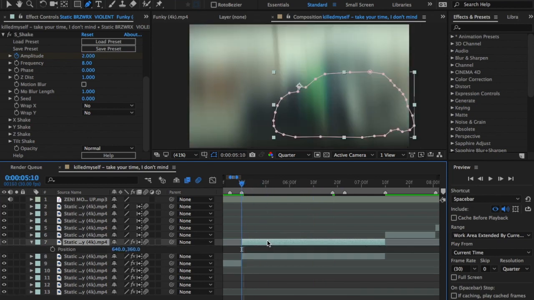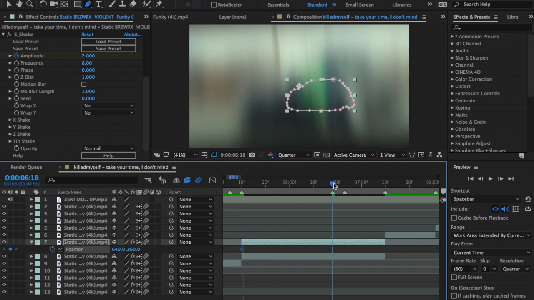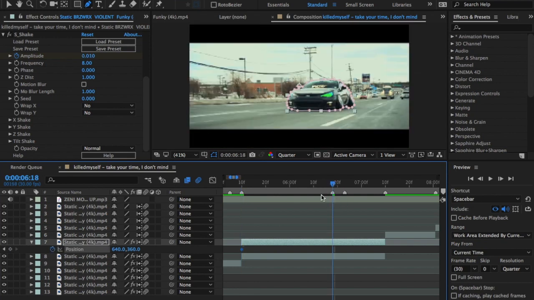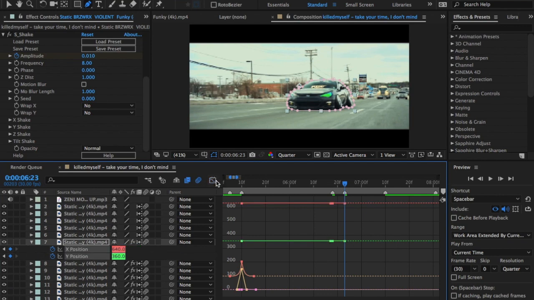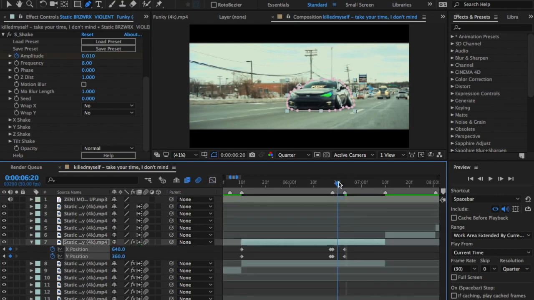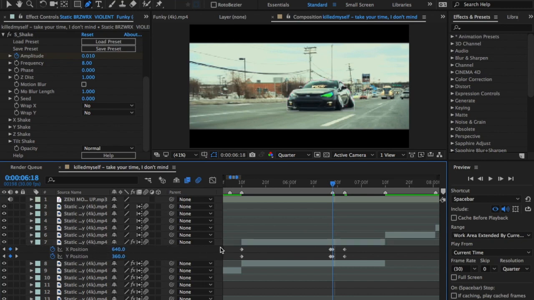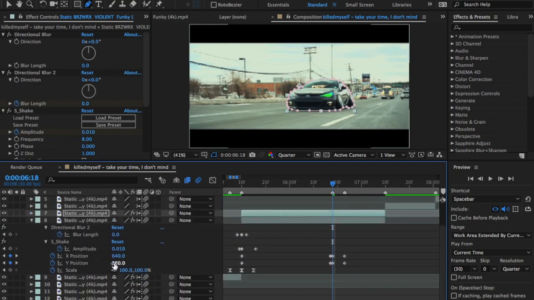So you press P to pop out your position, and then go to the part where you want it in the middle, and then go one behind, and then go to where you want to end it. Simple as that. And do the multiple dimensions, and then do your slide down or up. So expose it. Okay, make sure you do this on the bottom layer. Okay, now that that's done,